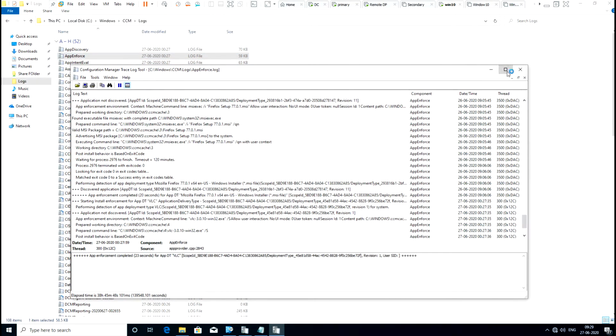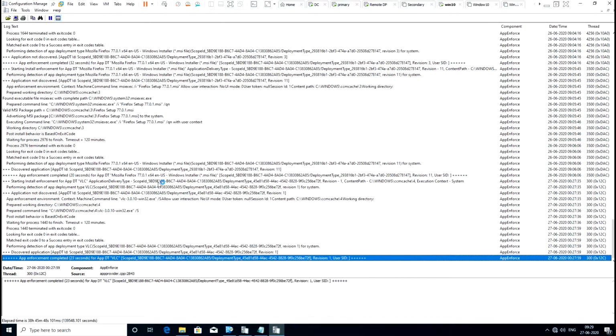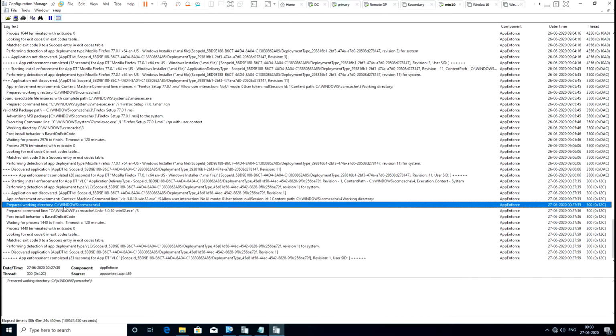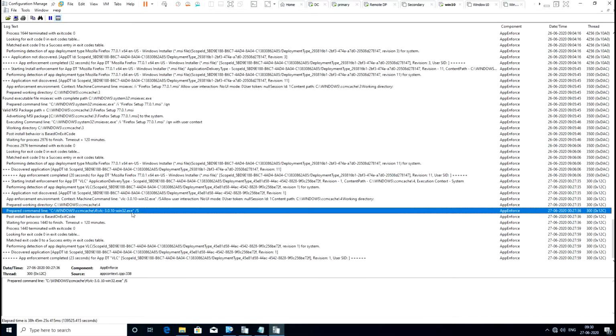Here guys, you need to look into only one line. Find your deploy scope ID. Using this, you can see it performing detection of deployment VLC scope ID, this one. So you have found this: prepared working directory, prepared command line. This is the command line which I used for the installation,